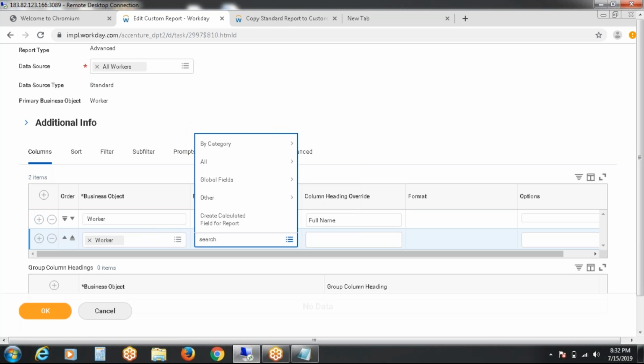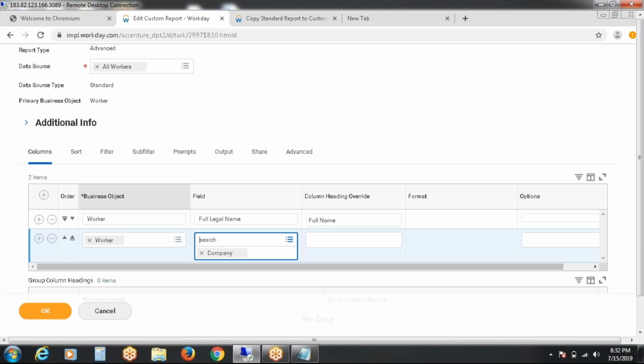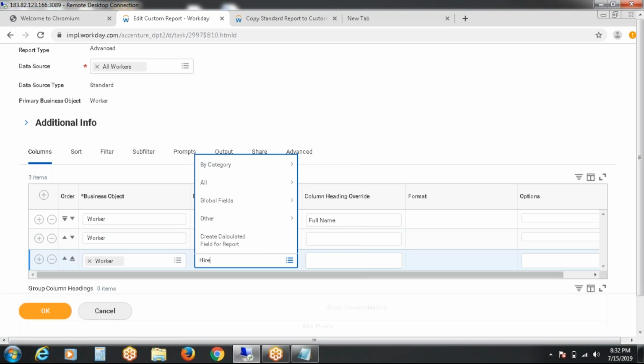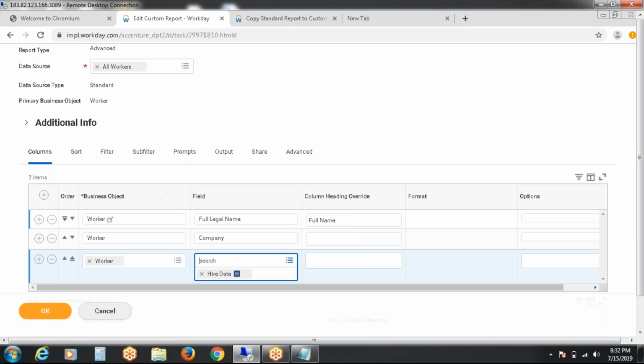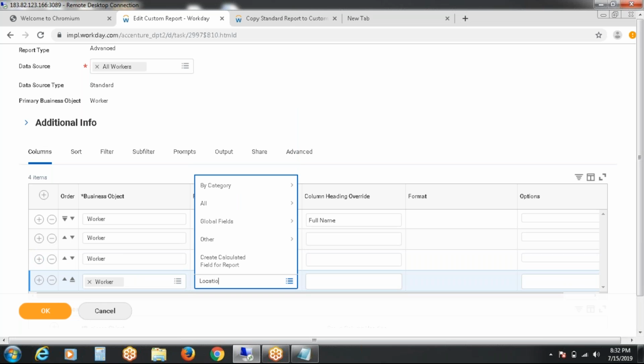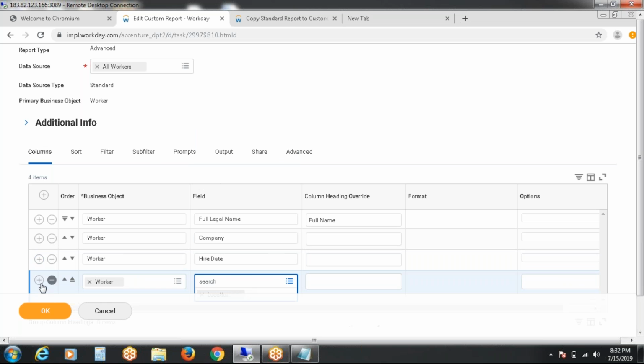I mean, in which company he is working, or supervisory organization, anything you can take. Hire date, location, in which location he is working, age,